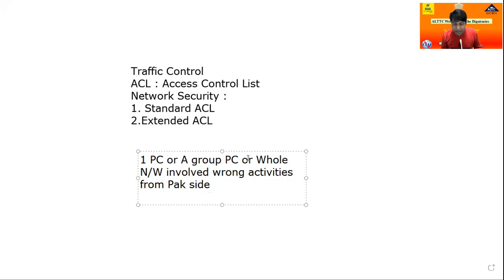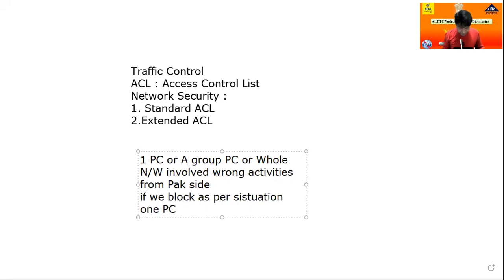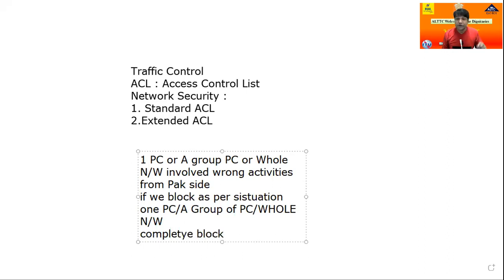In this case, how to manage? We block as per the situation: one PC, a group of PCs, or even the whole of Islamabad, the whole of Karachi city, if every person is going very wrong. So for the whole network, complete blocking. Complete blocking means they cannot communicate in any way.